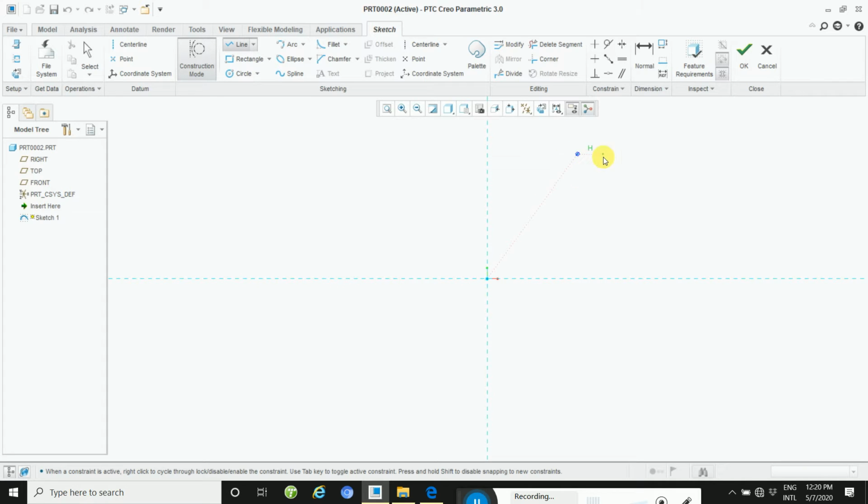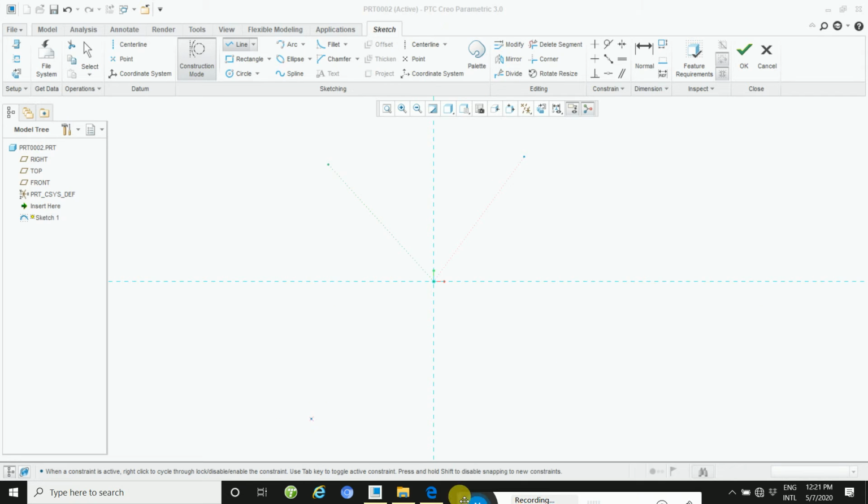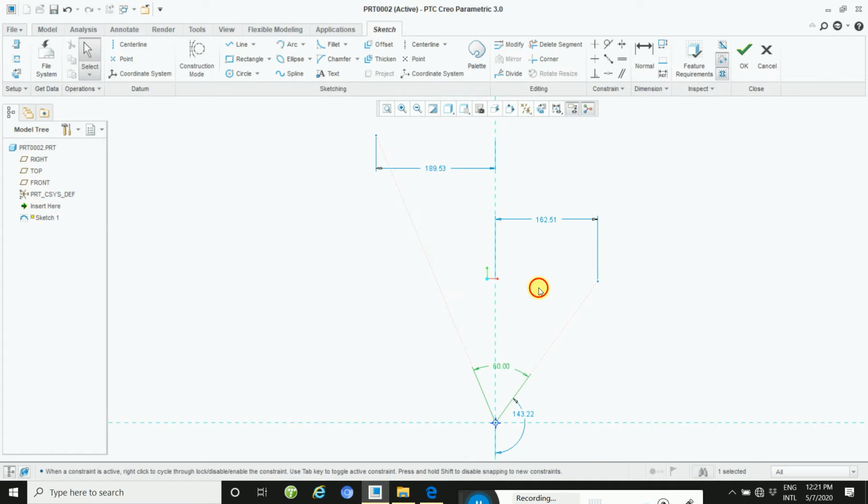So let's start, and then draw these two circles. First you use this command, and then take this angle 60 degrees, and then one side angle is 30 degrees. So both angles are different.